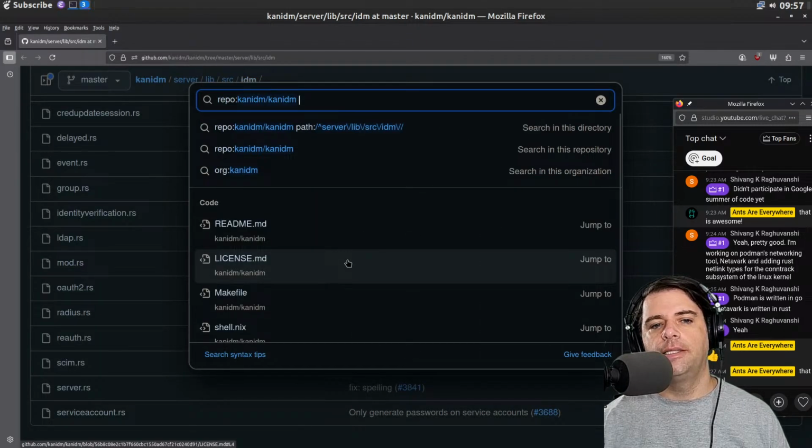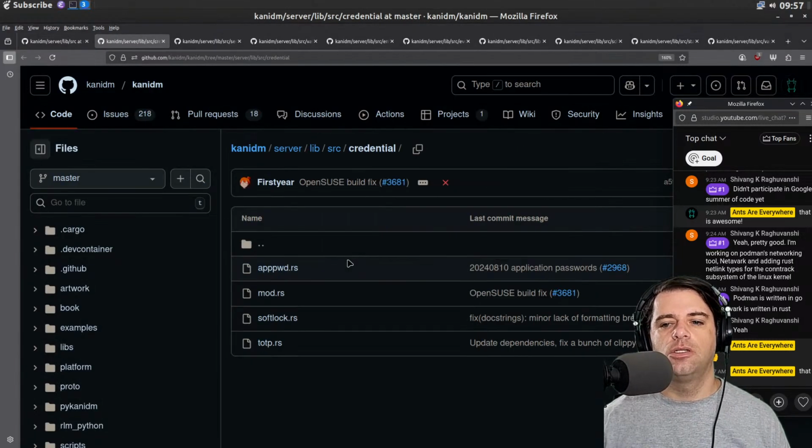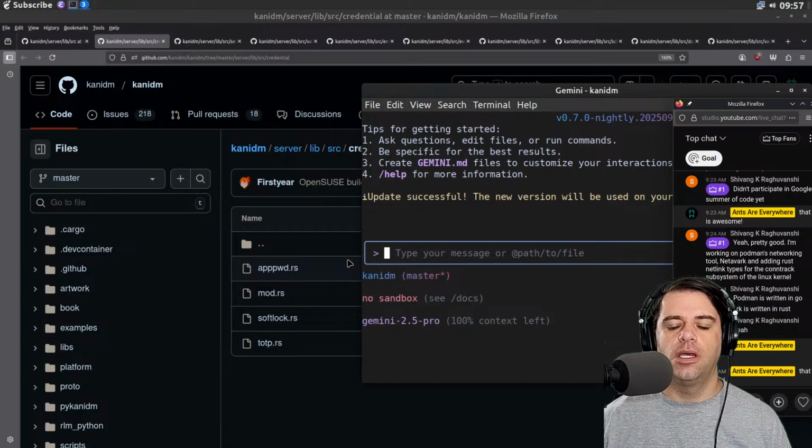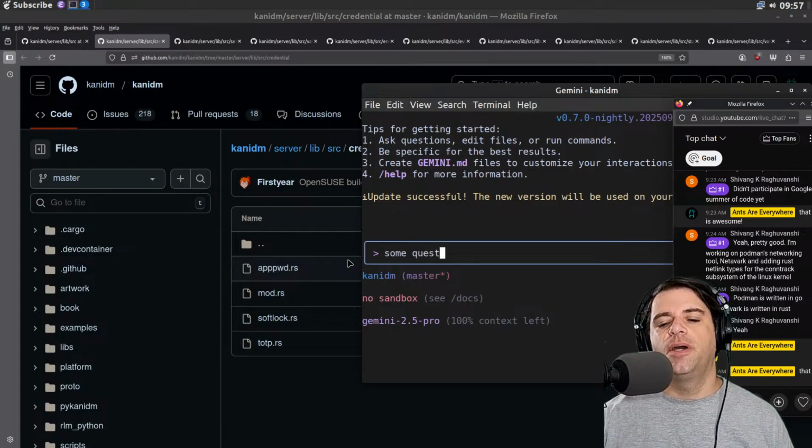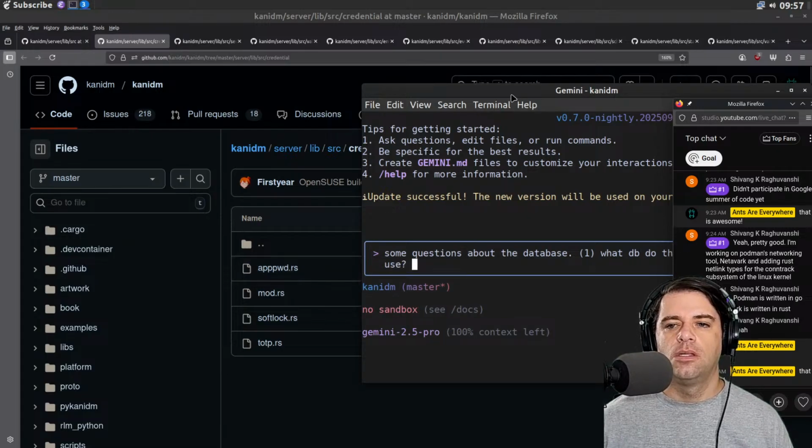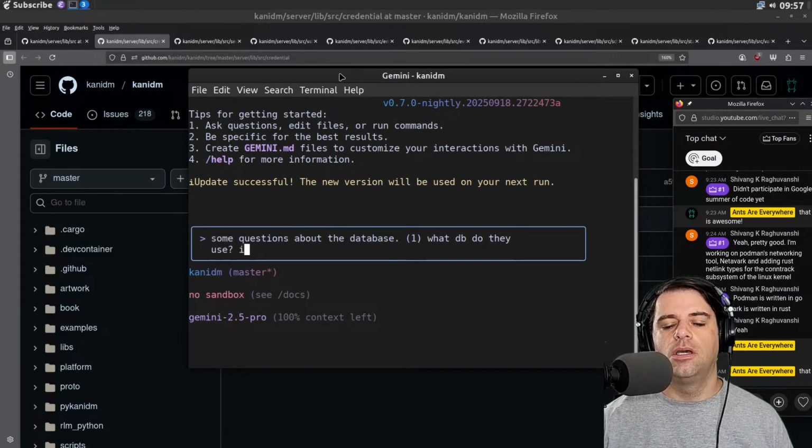Okay, so let's go to the Gemini CLI. Am I in the right repo? So, some questions about the database. What DB do they use? Is the DB encrypted?